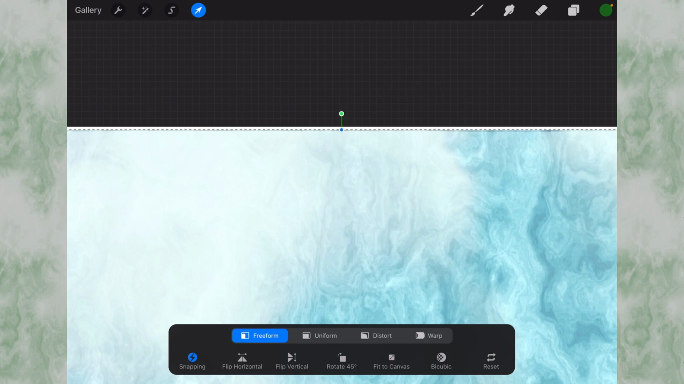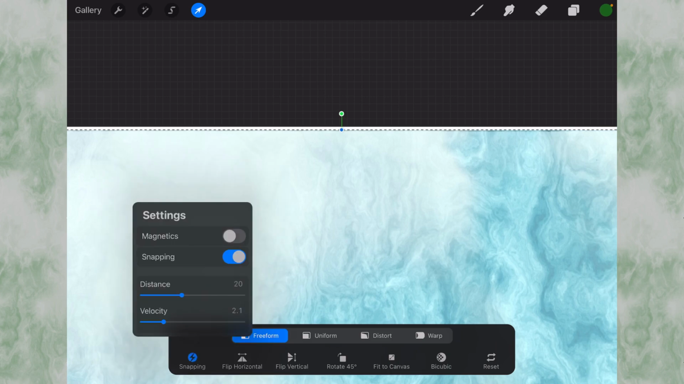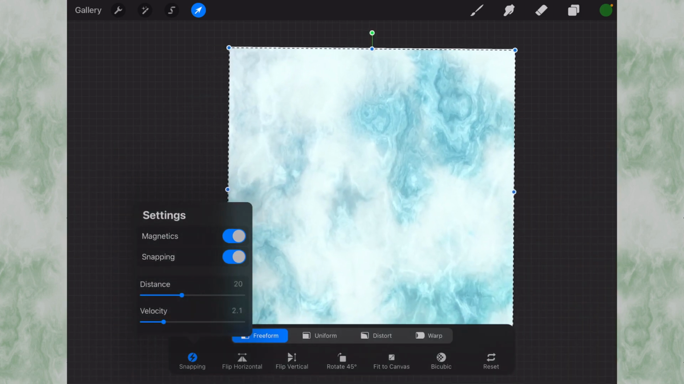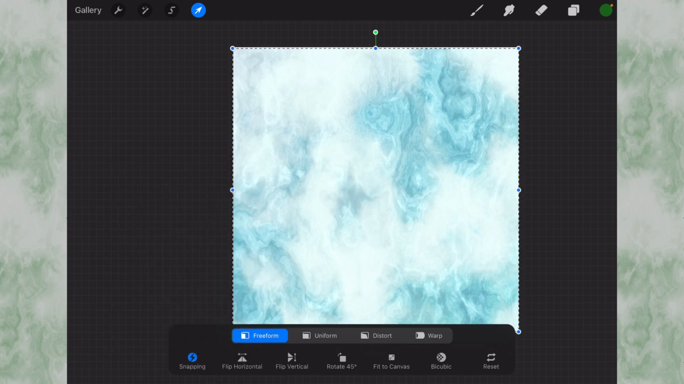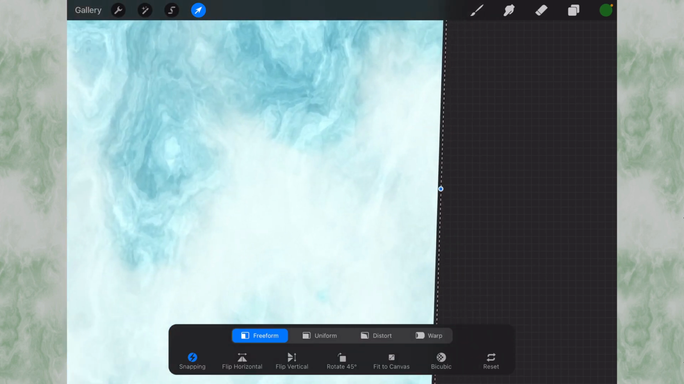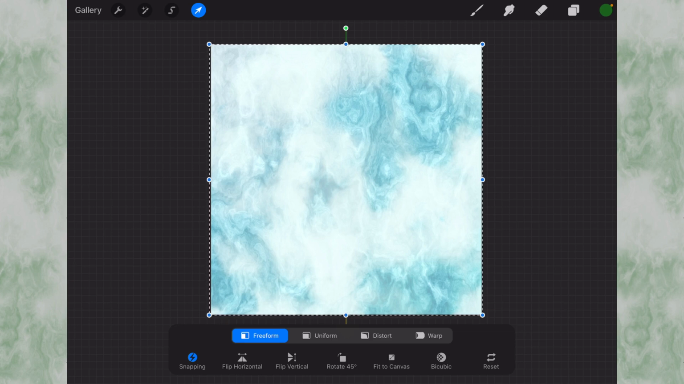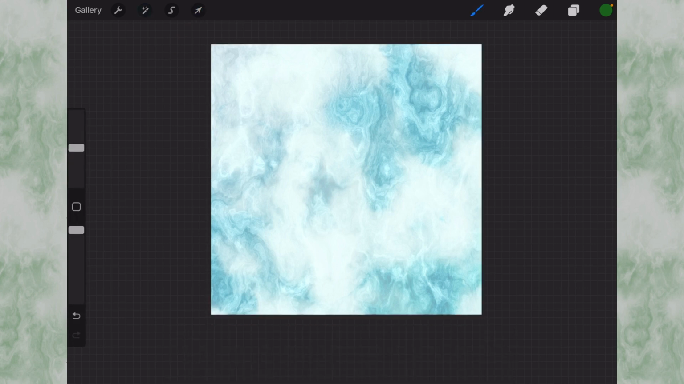And then I'm going to go and tap on snapping again. I'm going to turn magnetics on. And what that is going to do is, when I do fit to canvas, just fill the entire screen with what you've got. And you still lose a little bit here at the edges, and that's fine. We're going to tap on this arrow up here at the top that's highlighted. And here is your